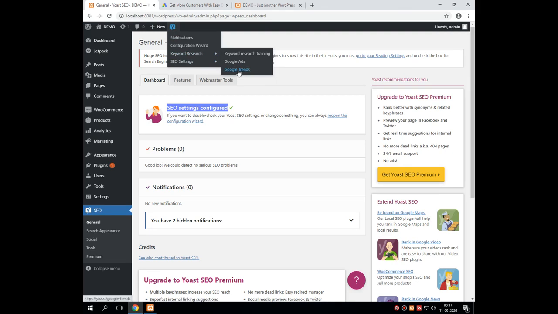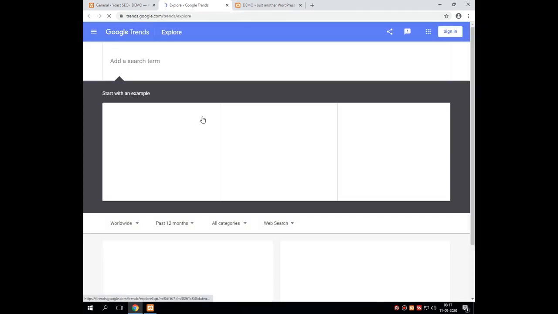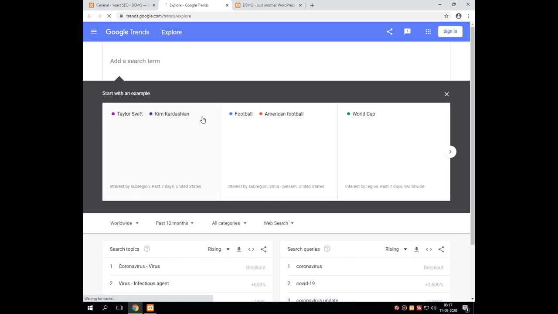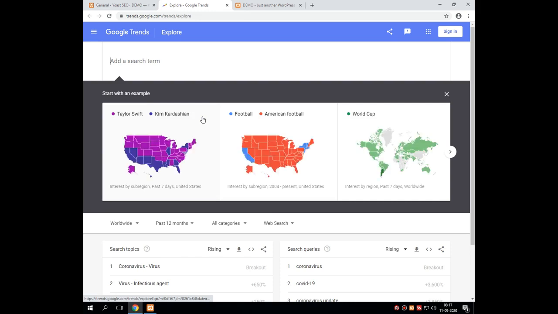Next is Google Trends. This Google Trends is used to explore the activity of search engine optimization over the web for the last decade. That means whatever site you are running works very well in your country, what is the visibility of that particular site over another country can be seen from this particular option.